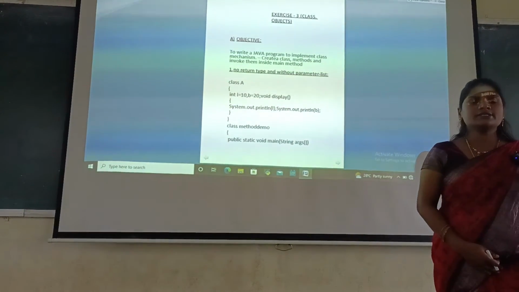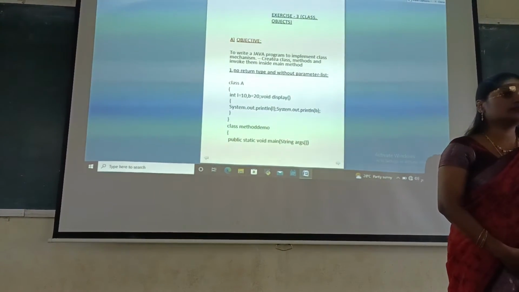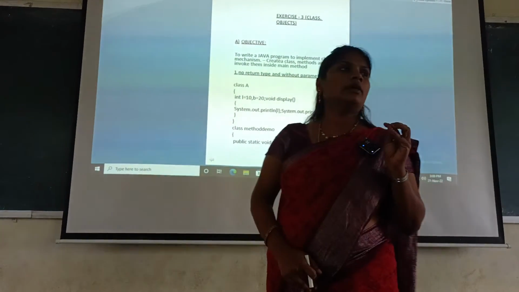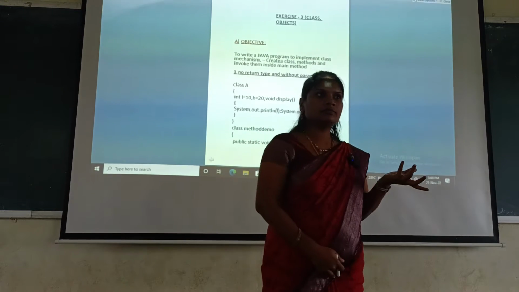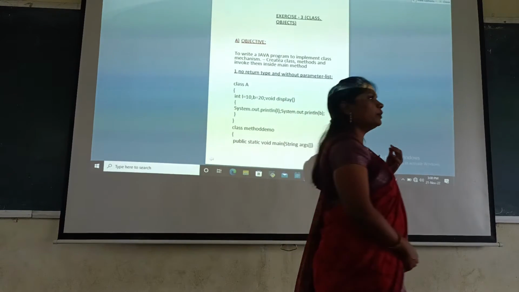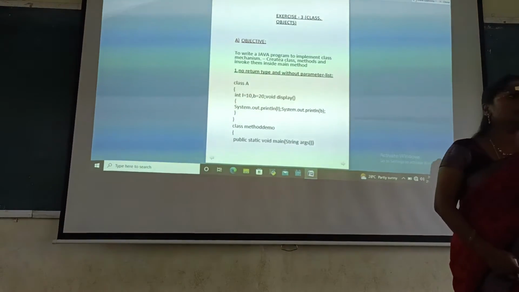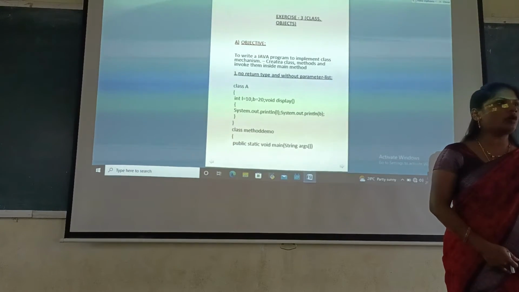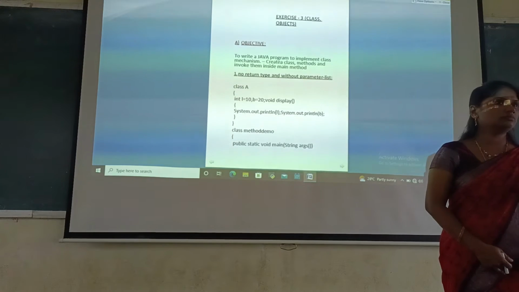A method is a set of instructions. Instructions are nothing but statements. Okay, so a program can be divided into a number of modules. Each module is called a method.